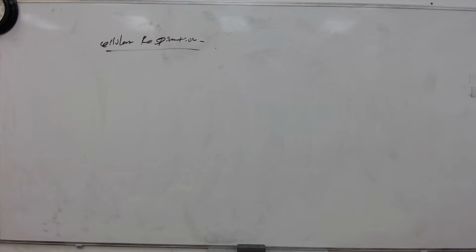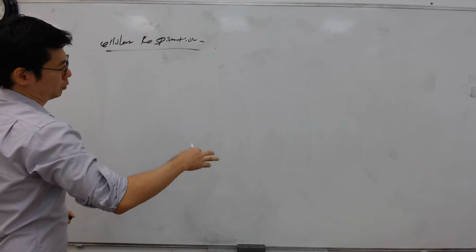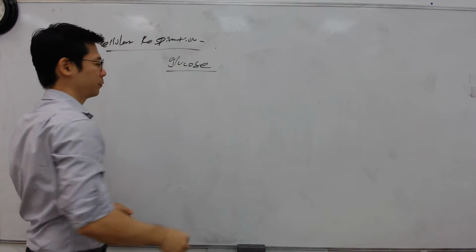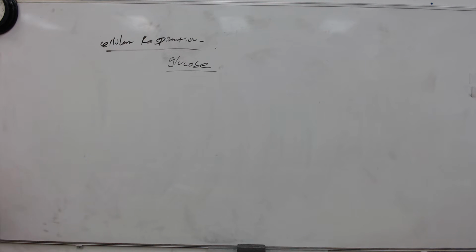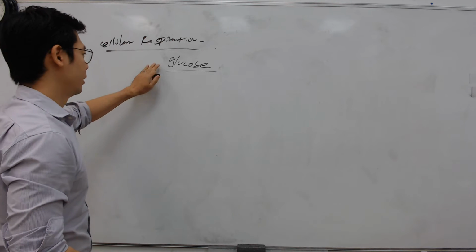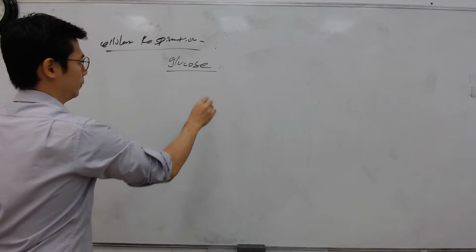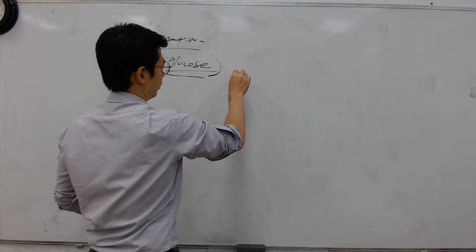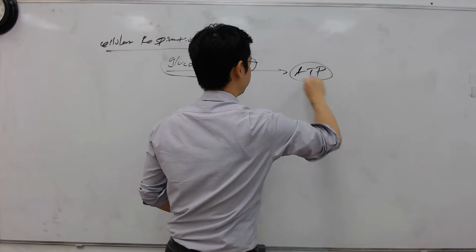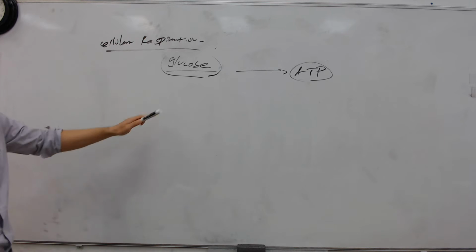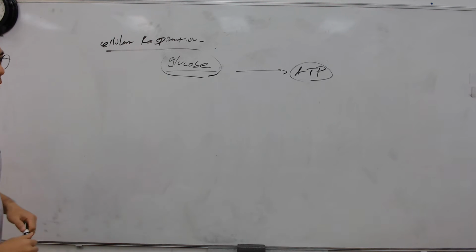In regards to cellular respiration, the purpose is to convert glucose, or it doesn't have to be glucose, but for the AP they've restricted it to glucose, or you can say any monosaccharide or any sugar, and utilize glucose to produce ATP. That's one of the things that you have to know, guys: glucose to ATP. We talked about what ATP is.